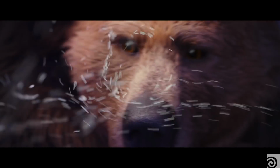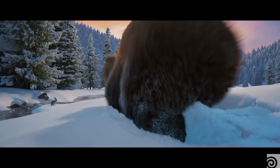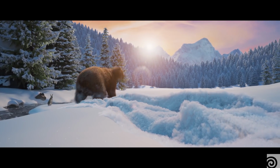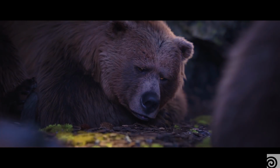We did a whole bunch of really interesting effects on the bear character, the fur, the skin sliding and all that. But then there were also all the effects we had to do for the environment that the bear is living in. We had to do some snow interactions, those were really interesting to do. And falling snow as well, the stream. We had the ground when the bear sort of breaks suddenly, some twigs that he interacts with in his cave,